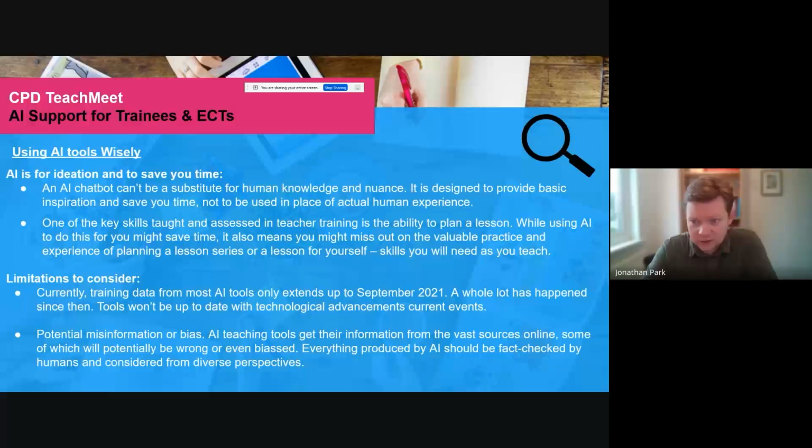Linked to that, AI isn't Google, and AI can get facts wrong. The AI is predicting the next series of words or the next series of letters in a text, doing it very, very well. Which means that for general things, it's going to get it right. For specific things, it might get it wrong.